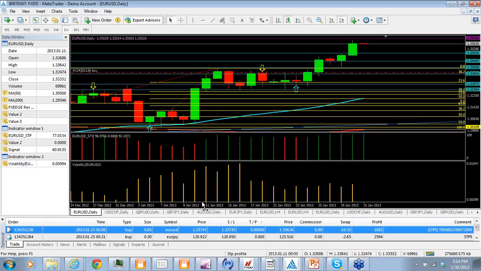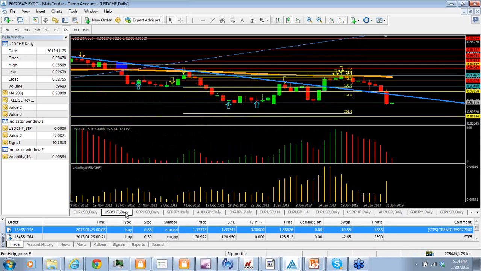The euro yen, I'll get to that in a second. Getting ahead of myself here. Okay, so looking at the dollar Swiss here, after doing my analysis of the euro dollar,